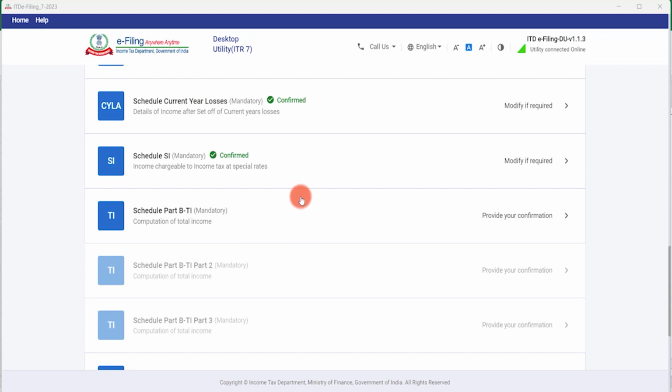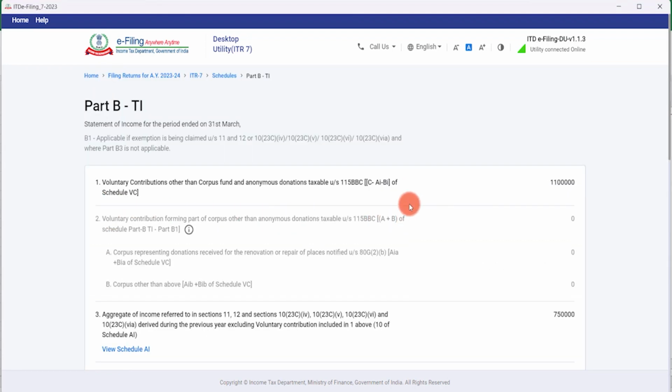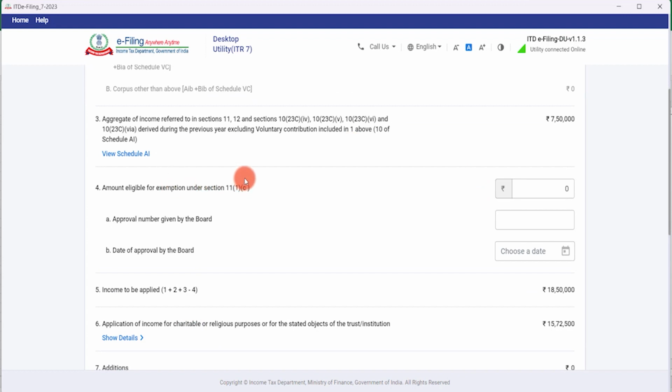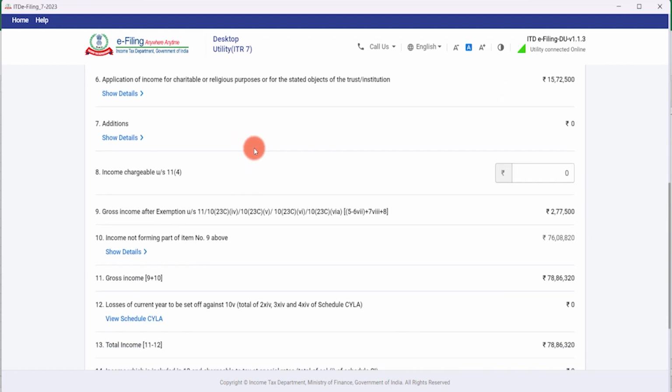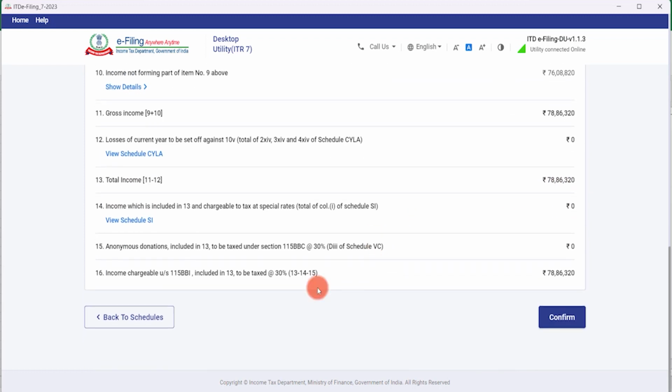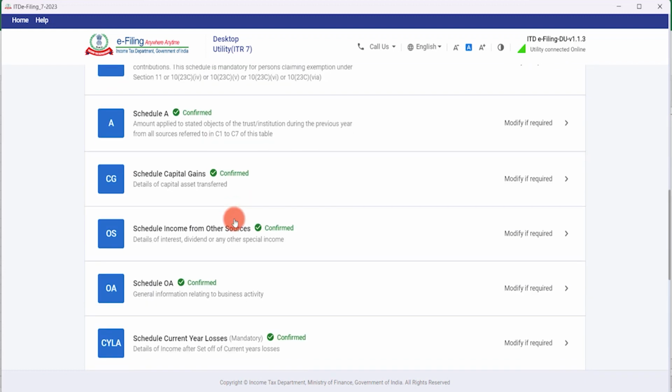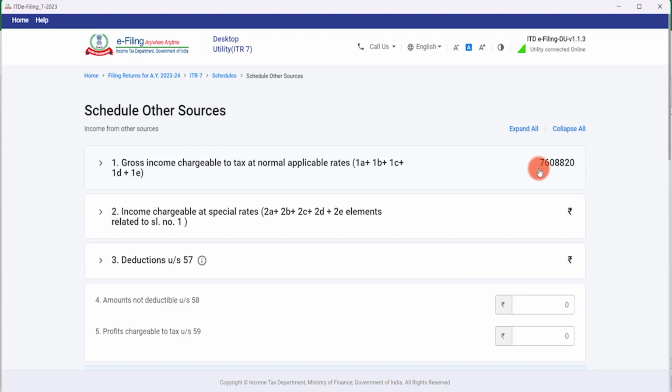Now let's move on to part BTI, computation of income. You see, this section of the return is auto-filled because it has taken all the amounts from the relevant schedules, schedule VC, schedule AI, and whatever you have filled in the previous schedules. You see here the amount in point number 10, income not forming part of item number 9 above, it's 76,08,000. I think this amount has come from schedule OS. Correct. So here, if you just break it up,